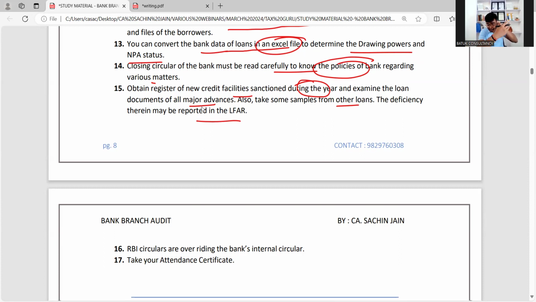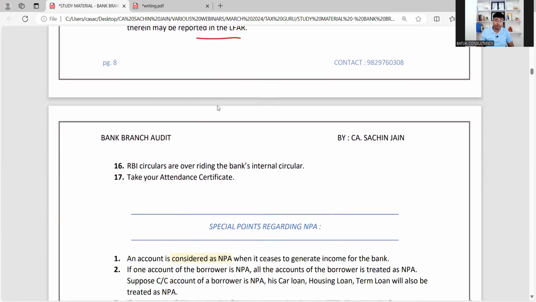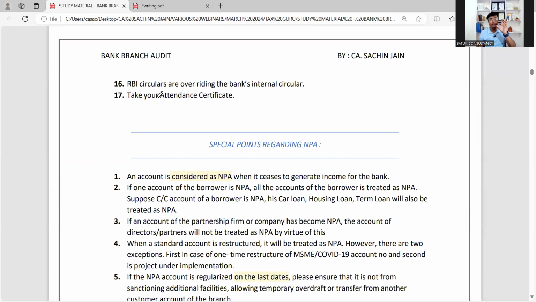But when we do the audit, whatever is the number of loans sanctioned during that particular financial year, we are going to take certain loan files and physically verify the documentation. If there is any specific thing mentioned in the bank's internal circular, and there is any conflict between the RBI circular and the bank's internal circular, in that case the RBI circular will